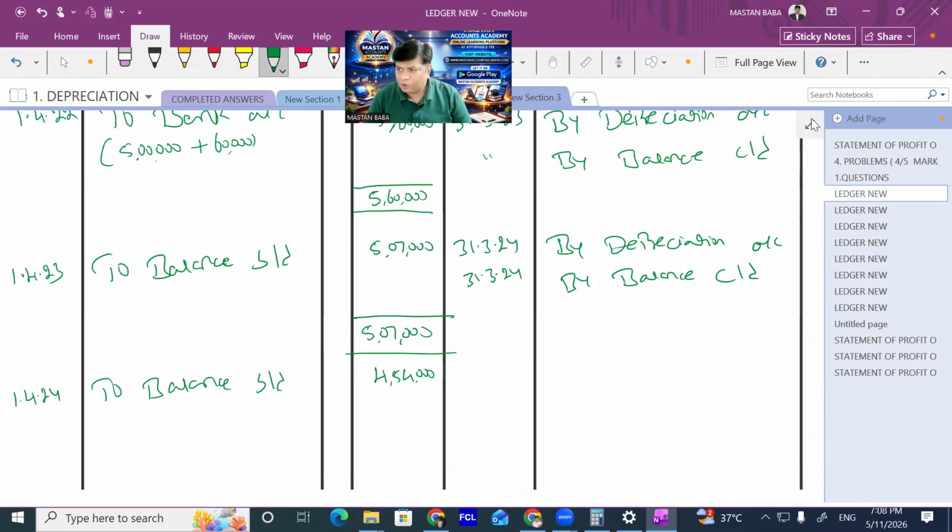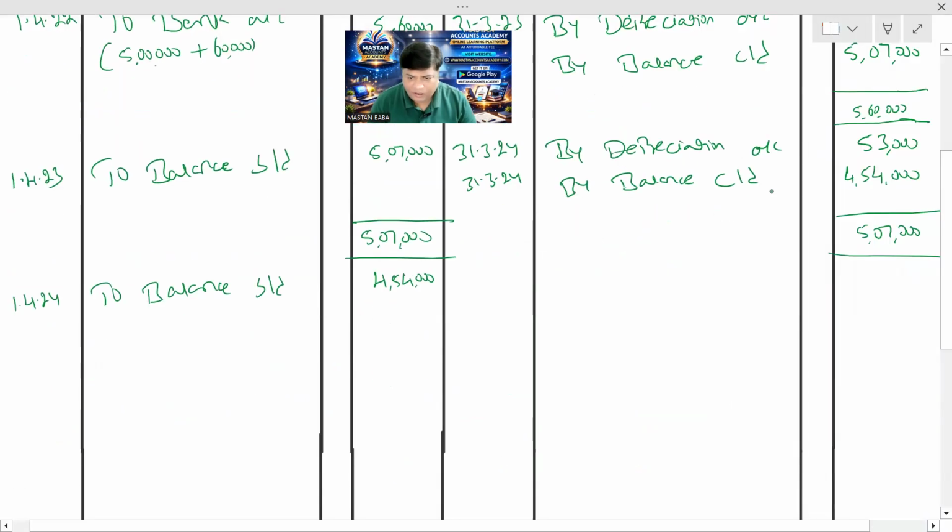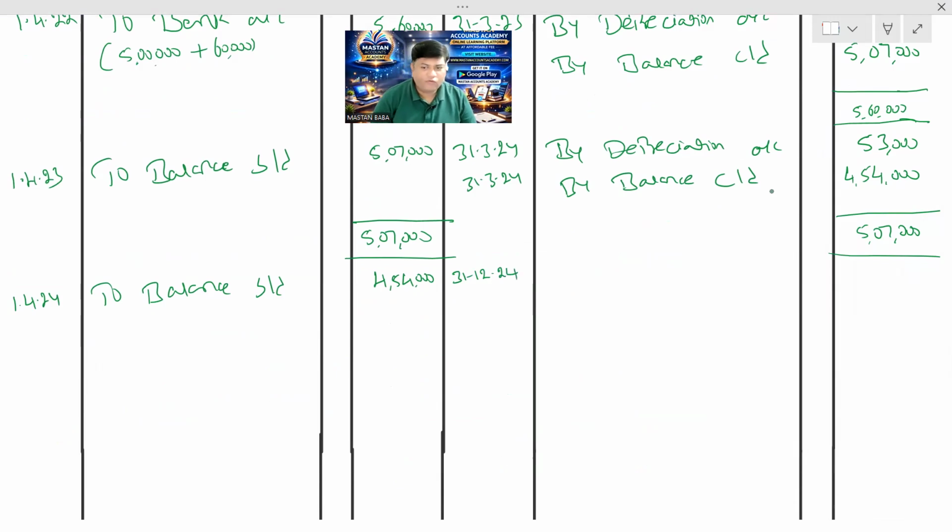So what are we supposed to do? We have to calculate the depreciation up to the sale of machinery. We are not following the full year. They have been sold after utilization up to December. So 1st April 24 to 31.12.24: the accounting year started on 1st April and it is not a full year. If it were a full year, I would write 31st March 25, but they have been utilized for 31st December 24 only. It has been utilized from April to December, obviously 9 months, right? So by depreciation,